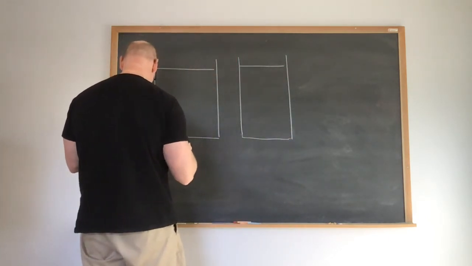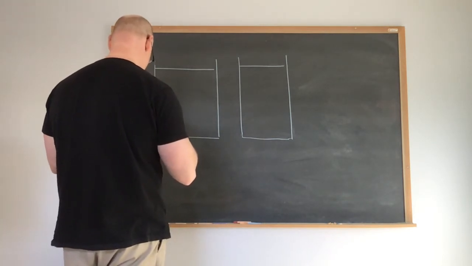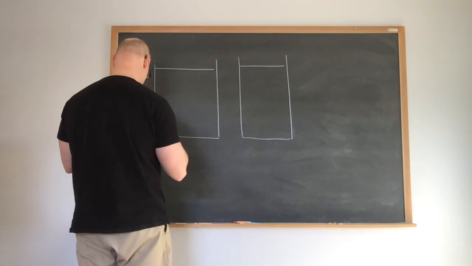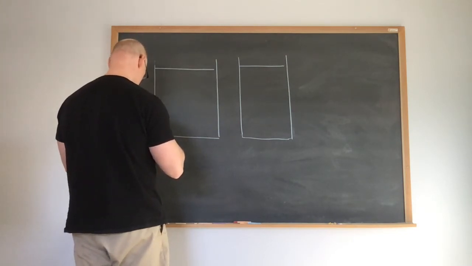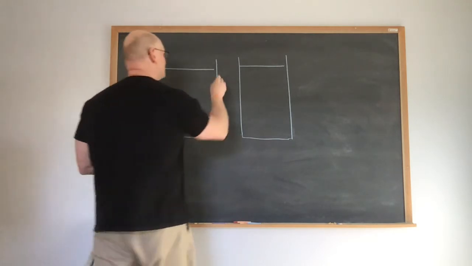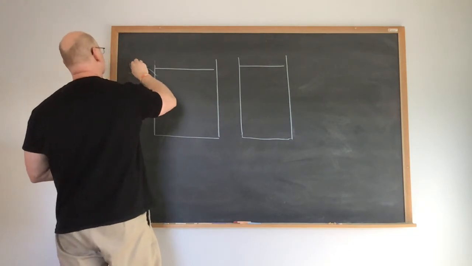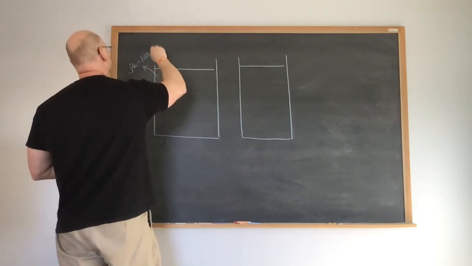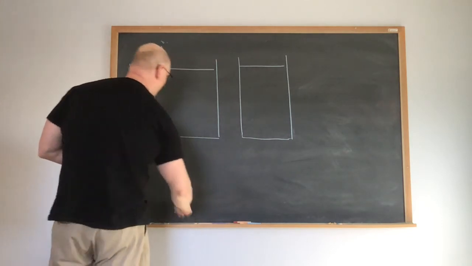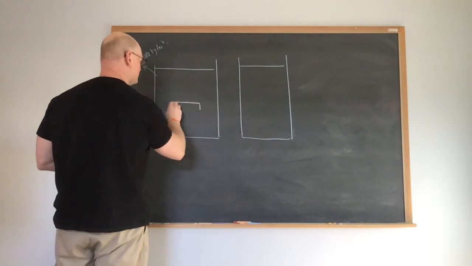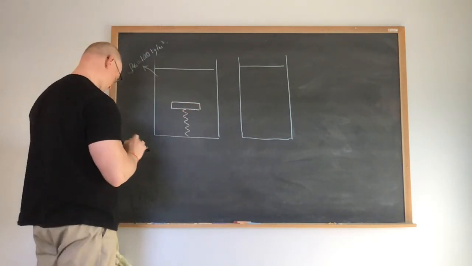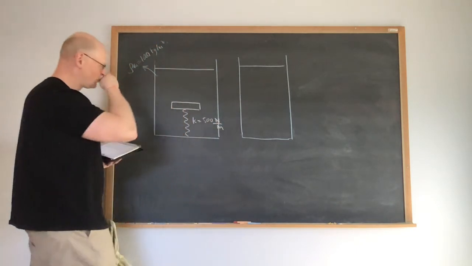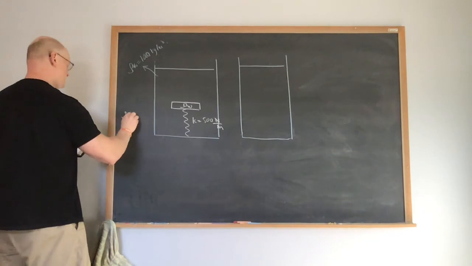So inside of here, let's say I have water. Yeah, large beaker of liquid. So this is going to be fluid. So inside of here we're going to have water. So we now know the density of water, or in this case the density of fluid, is equal to 1,000 kilograms per meter cubed. Now, again, what I'm going to do is take a piece of wood. So here's my piece of wood, and I'm going to attach that to the bottom by a spring. My spring has a spring constant equal to 500 newtons per meter. And the density of wood is equal to 600